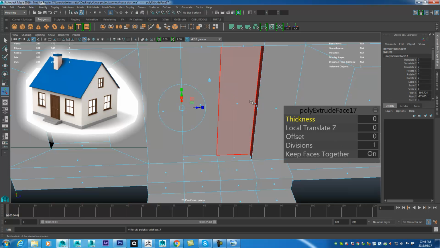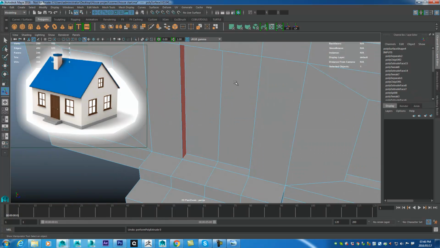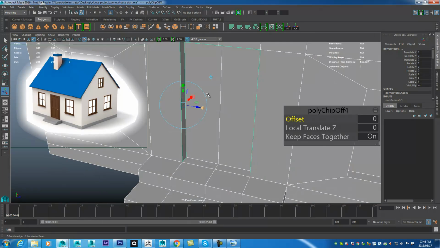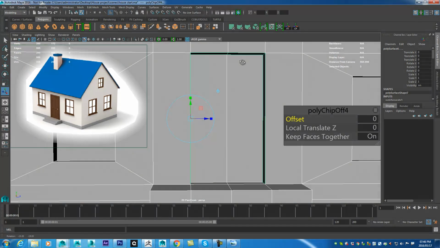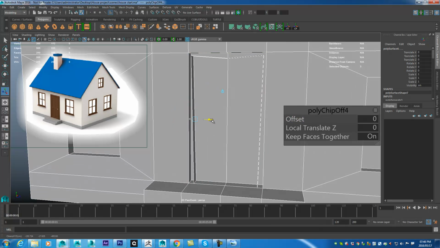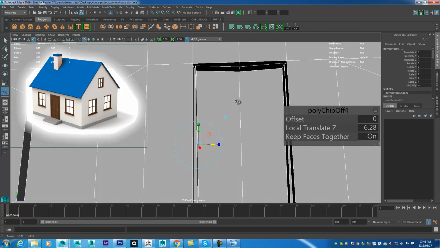So I'm going to do the extrude faces. Actually no, I don't want to do an extrude face, I want to do a duplicate face. So it's the same thing as going to edit mesh and then duplicate. So then I'm going to pull those guys in, and once again you will notice that this will collapse inwards. You just have to kind of manually tweak them. So I'm going to get it to more or less where it's supposed to be,